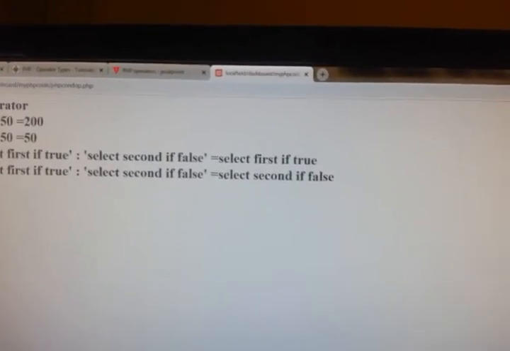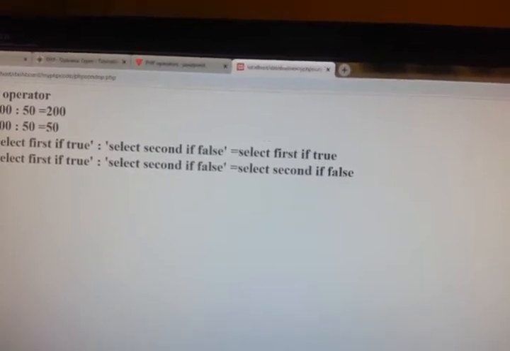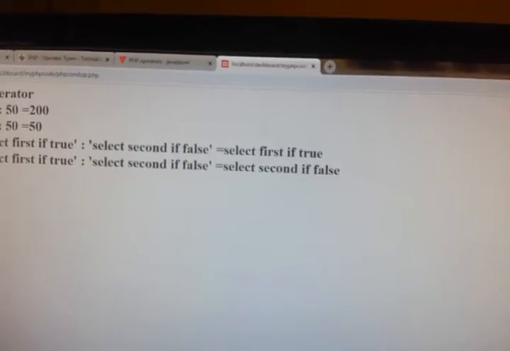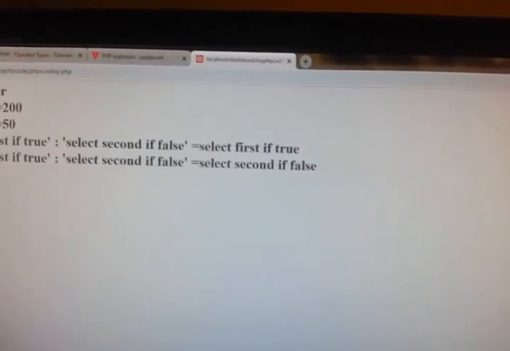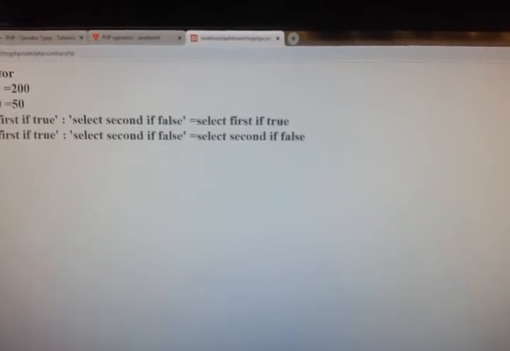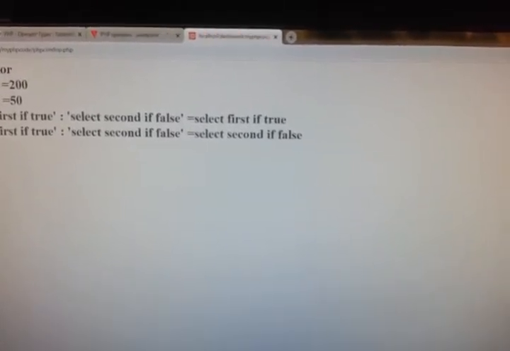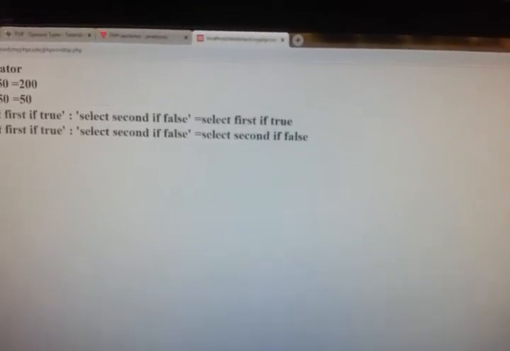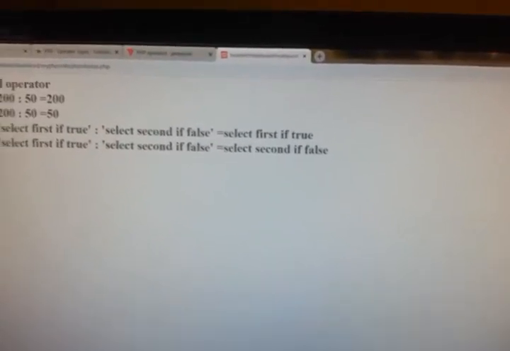And then 200 less than 50 is a false statement. So among my two strings, I got select second if false. The condition is false, so it is selecting the second string. So this is our conditional operator.